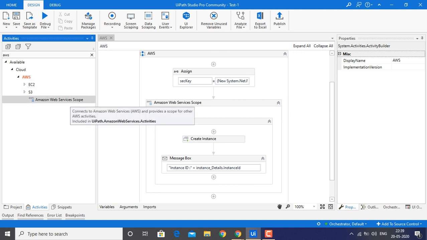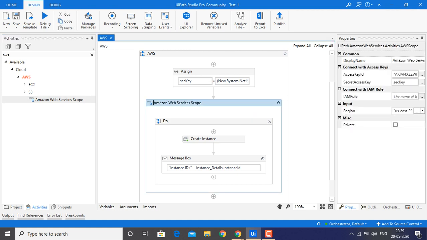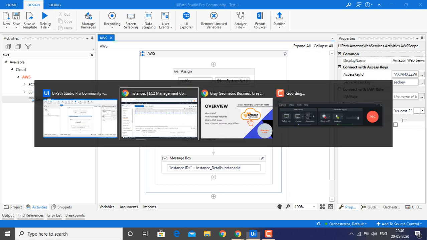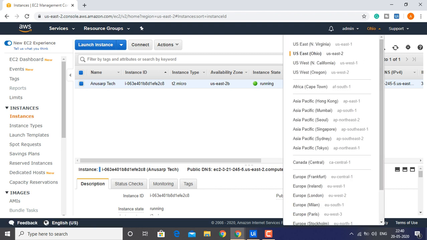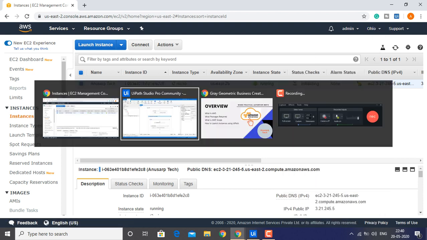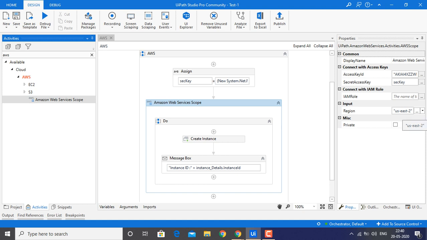First we have to launch this one. Here the Amazon Web Services scope is available, where you have to provide an access key ID and region. You have to select which region you want to launch the instance in. In AWS services there are multiple regions available. Right now I have taken US East 2 for my confirmation, and I have selected this one only.